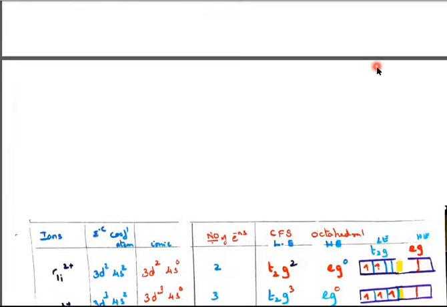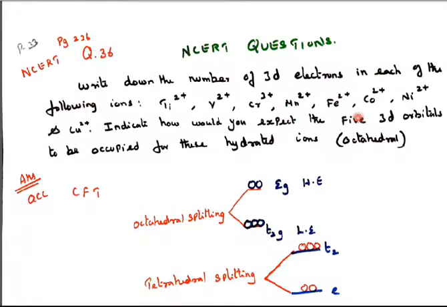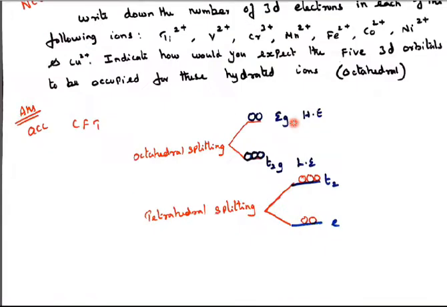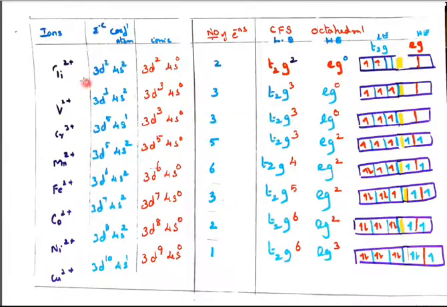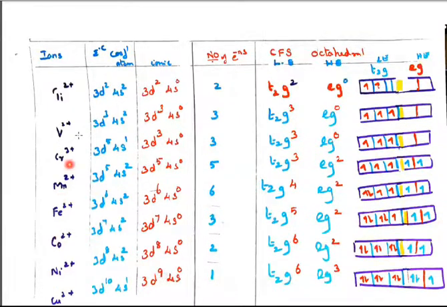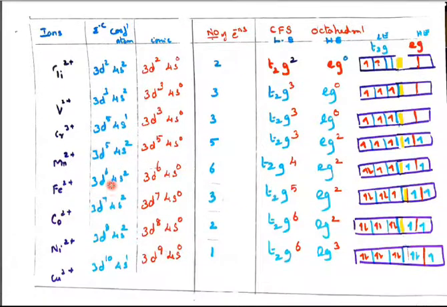In this question, they have given almost all the elements. So we'll take titanium, vanadium, chromium, according to the question order: titanium 2+, vanadium 2+, chromium 3+, manganese 2+, Fe 2+, cobalt 2+, nickel 2+, copper 2+. According to the question, first we should write the electronic configuration: 3d2 4s2, 3d3 4s2, for chromium 3d5 4s1, for manganese 3d5 4s2, for iron 3d6 4s2, for cobalt 3d7 4s2, for nickel 3d8 4s2, for copper 3d10 4s1. This is the original electronic configuration.